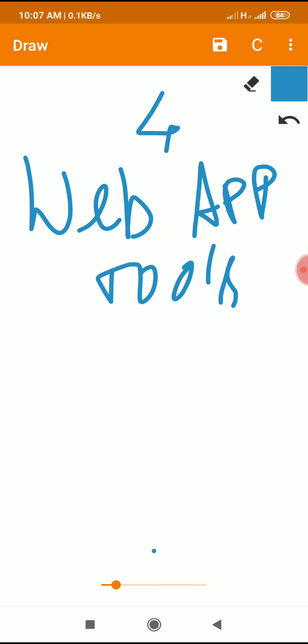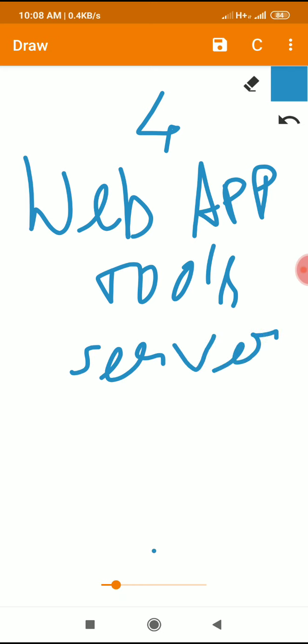But module 4, the last module, web application tools, are you hearing? It is all about web apps. Web app means web application, which combinedly involves both server and client in the development of a website.